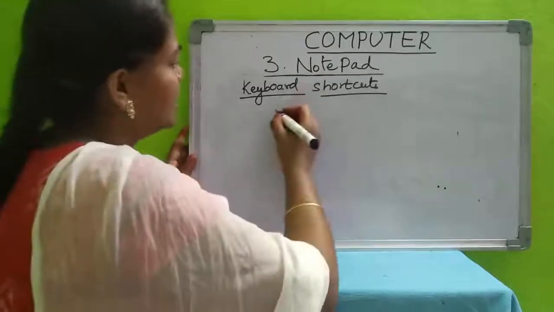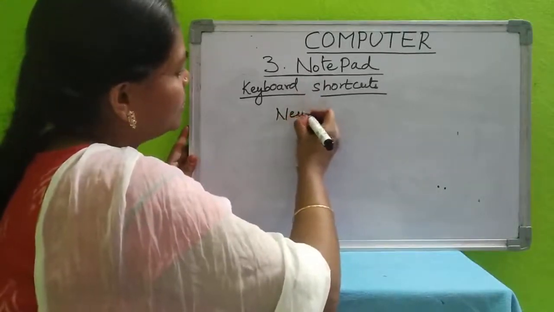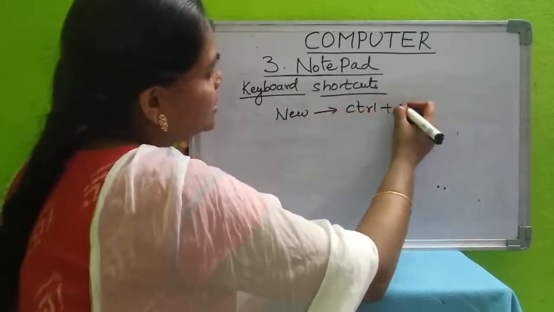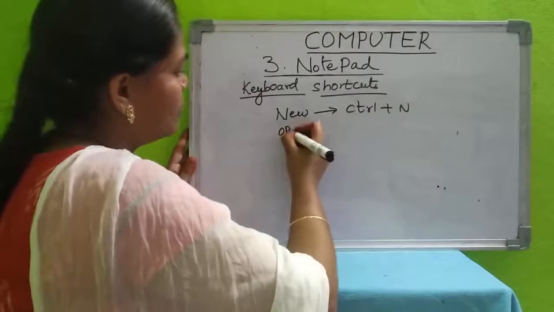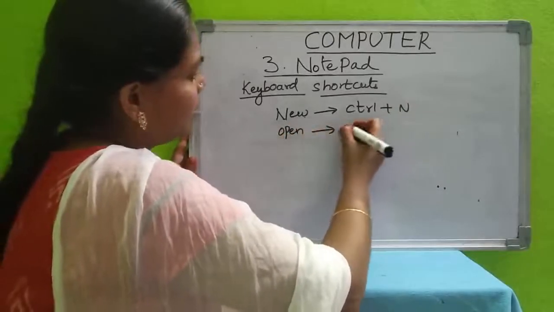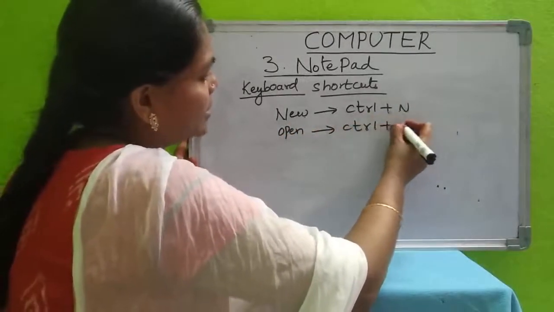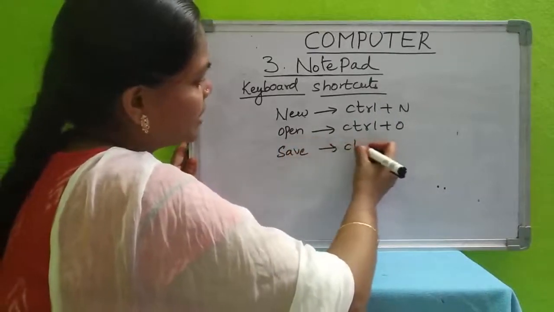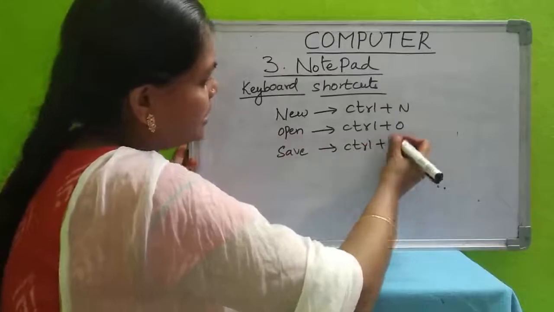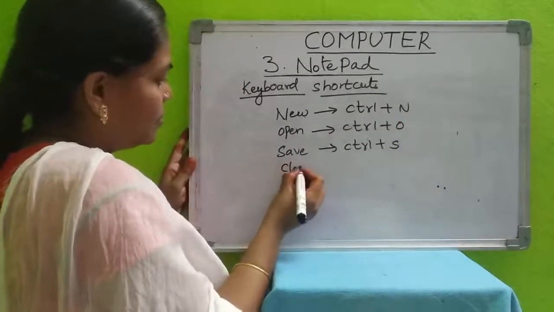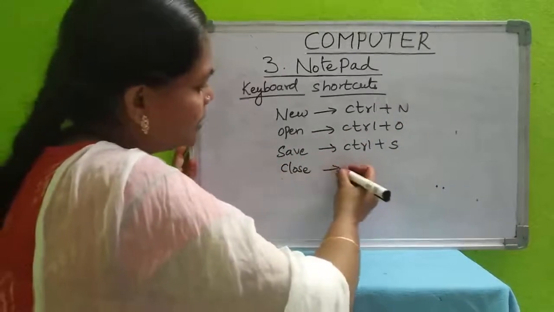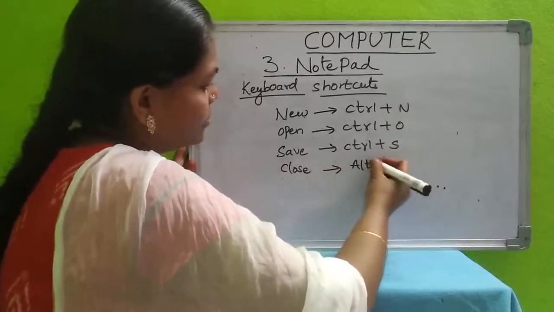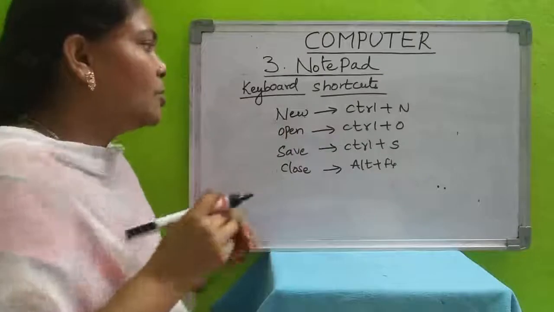Okay. What are the keyboard shortcuts? We will see now. For new, Control plus N. To open an existing notepad, you have to use Control plus O. To save a notepad, you have to use Control plus S. To close a notepad, you have to use Alt plus F4. Okay. So these are the keyboard shortcuts